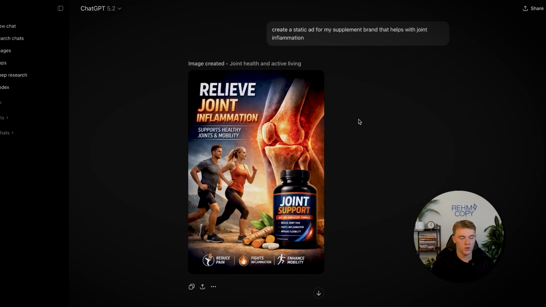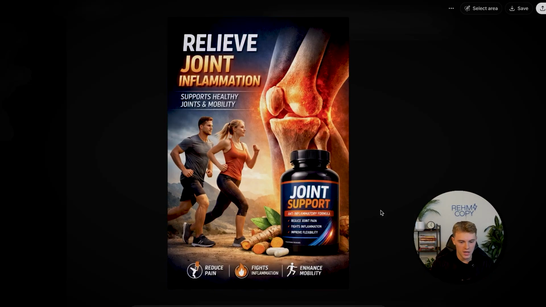Now, as an example, you just saw ChatGPT randomly create a static ad for my random non-existent joint inflammation brand. Here you can see it created a huge knee, some people, a random supplement, and then some benefits in the bottom. Now, obviously, hopefully you're using better prompting for your images, but let's just say that I want to throw in my product here and I want the headline to say something different, and I want the benefits to say something